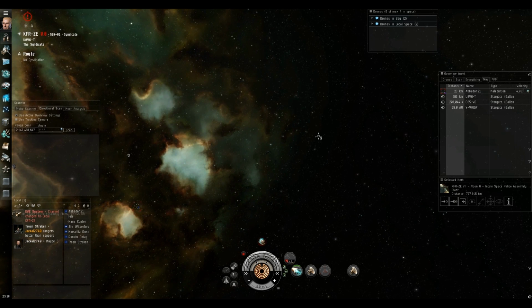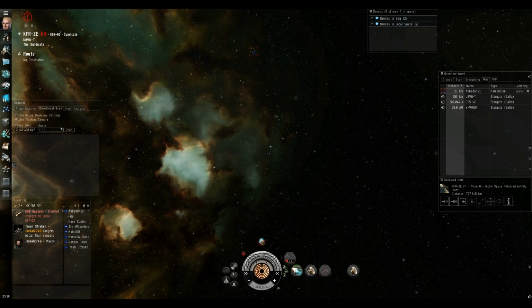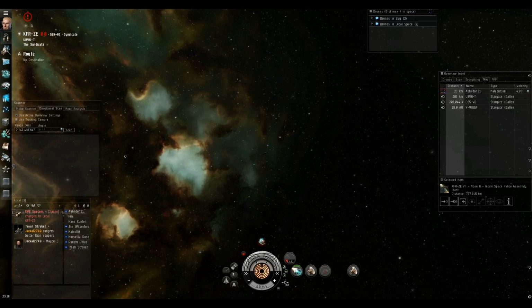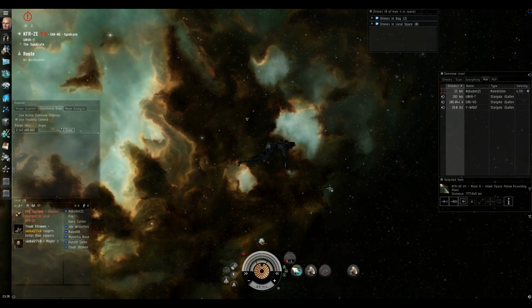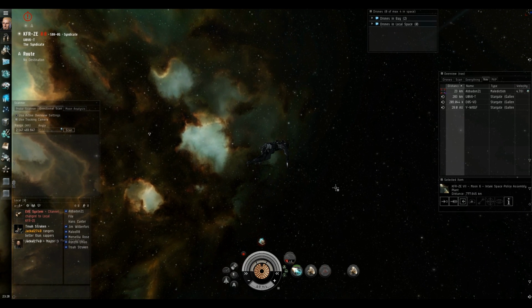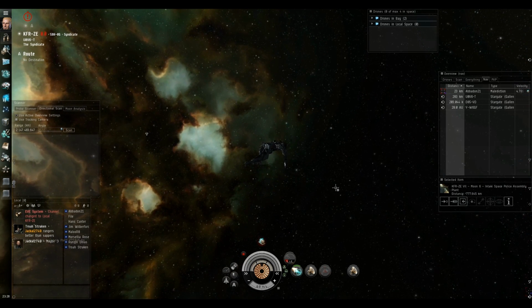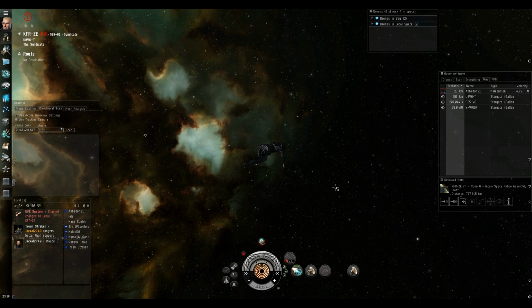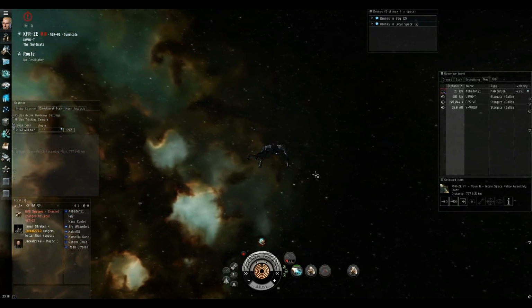So, one way to escape tackle is to shoot the target. We can't do that because the alt that I'm on right now has no skills for combat or anything like that. He's in a terribly fit Caracal, and he can't use the missiles or anything like that. This alt's not used for combat, so whatever. He's used just as a way to demonstrate this tactic. Most likely, your pilot will be better skilled and better able to execute this tactic. But